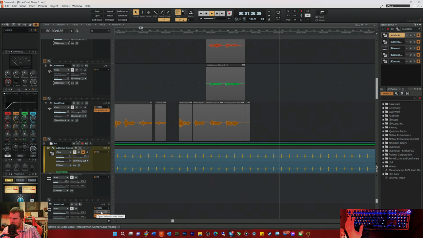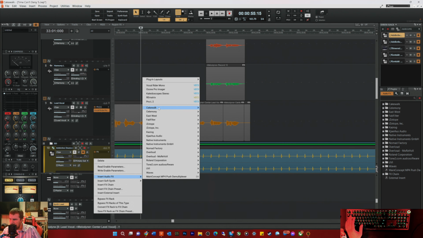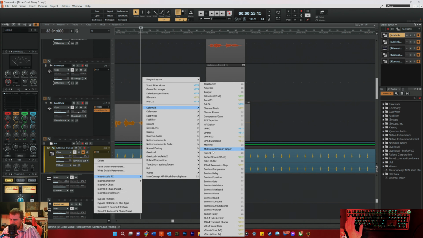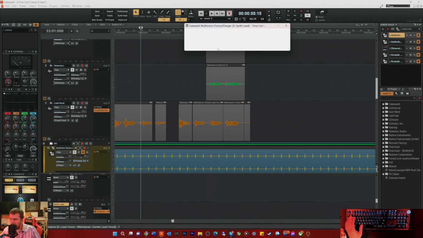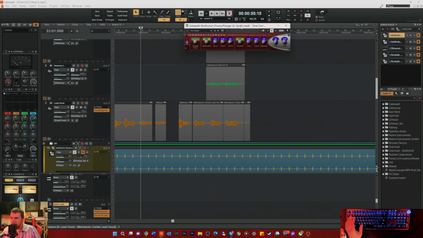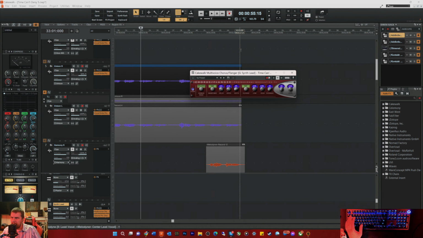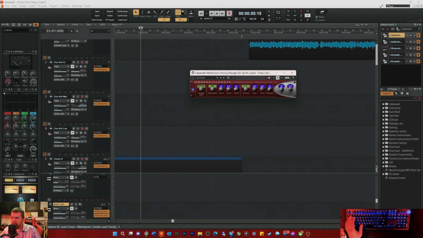I don't think I'm going to use this. I think what I'm going to use is a Cakewalk. I just like to have some chorus there. Okay, audio effects, Cakewalk. I'm going to use this chorus flanger here, see if this works a little better. I want it to have a nice presence, but